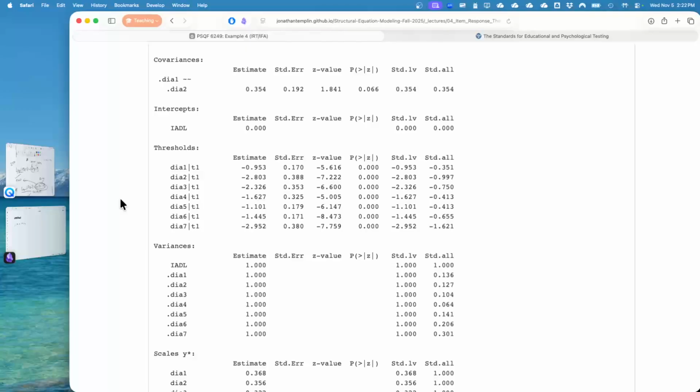So if we were to order these by difficulty, right, we multiply these by -1, the biggest number is the hardest. Or if you want to think about it on thresholds without multiplying this by -1, the smallest number represents the hardest item, or the one that has, sorry, not the hardest, the easiest.